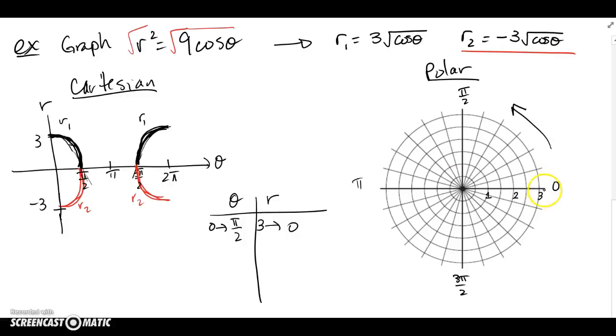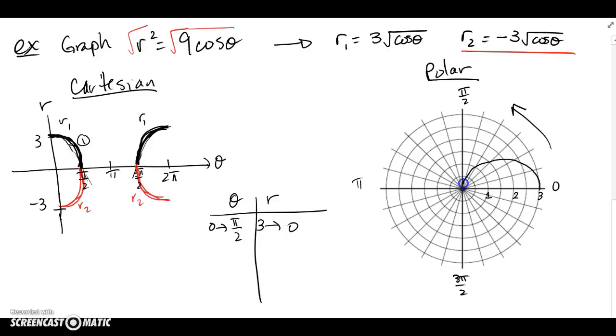So as I'm coming into pi over 2, I'm actually making r 0. So just a general shape for that piece 1, I would say at 0 it's 3, and then